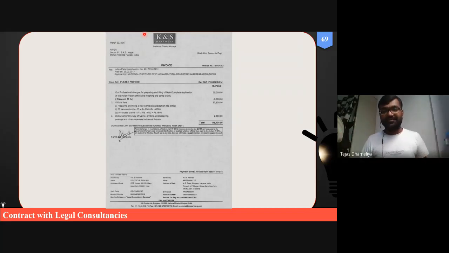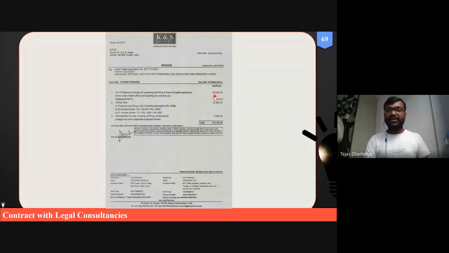And if you are interested, even after pursuing your M.Pharm, irrespective of your department, whether you belong to chemistry, pharmaceutics, analysis, QAQC, or even pharmacognosy, you can join companies like this. This is one of the KNS intellectual property attorneys who perform the filing of the patent.